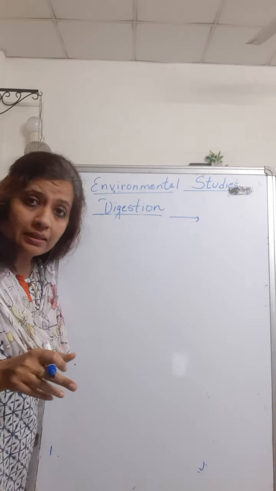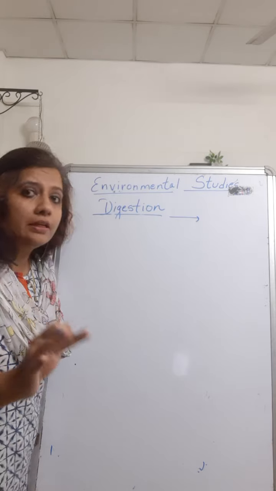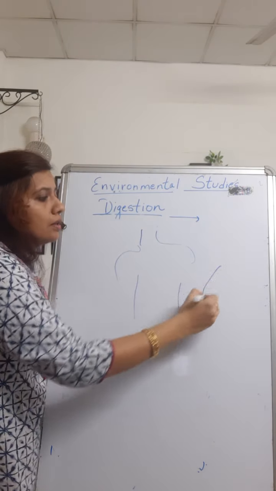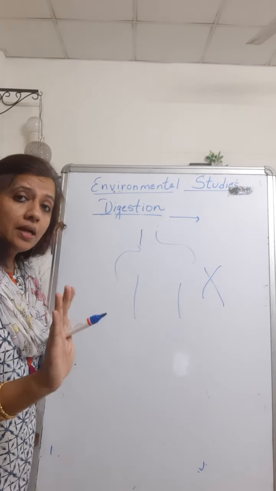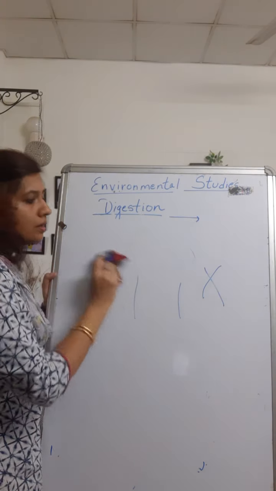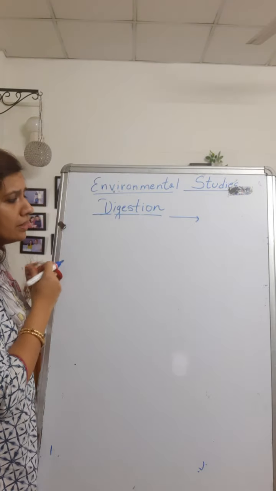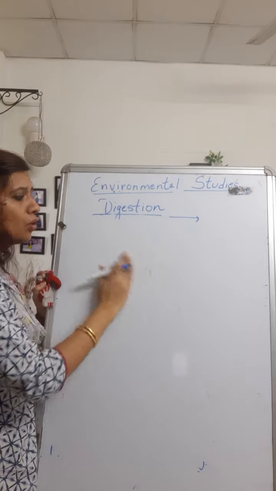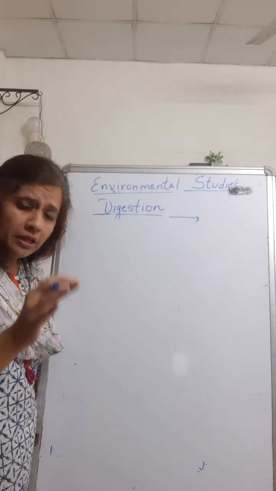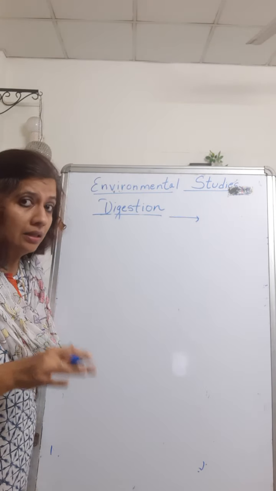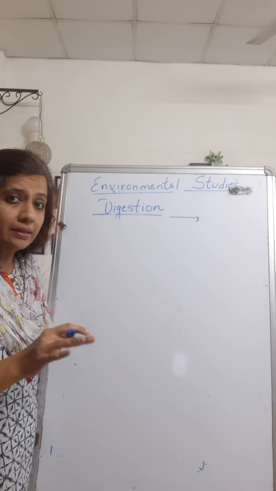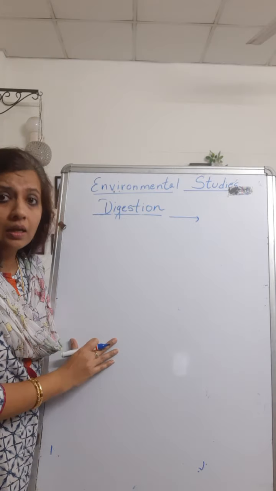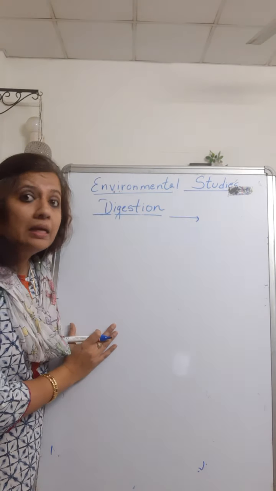When it comes to making the diagram, please don't concentrate on making the human body. All this is not required. Just make the main organs. Like I've made a very rough diagram, but this is your mouth, this is your esophagus. So just concentrate on the main organs. Don't be too artistic. This is not a drawing class. This is your EVS class, and this chapter is very typical. In fact, it is just a science biology chapter covering major organ systems.